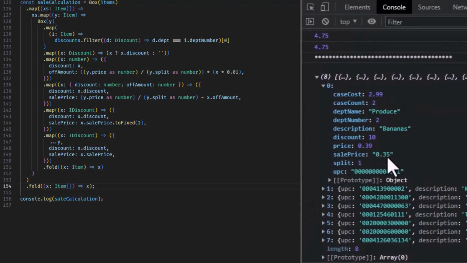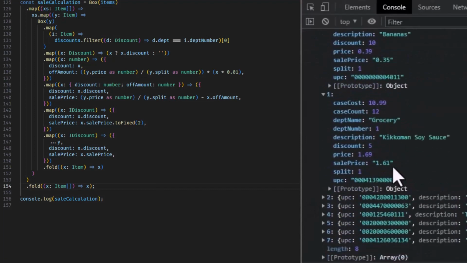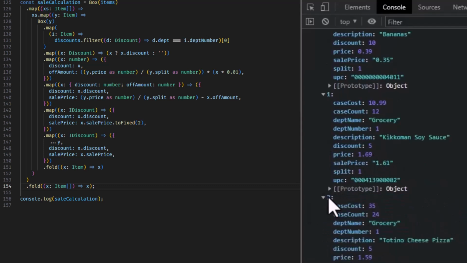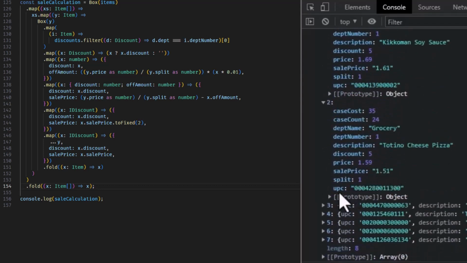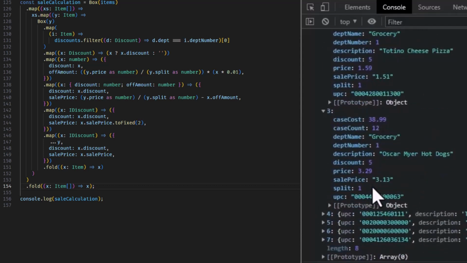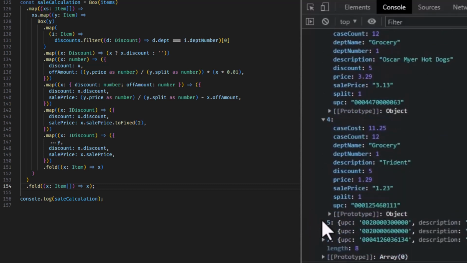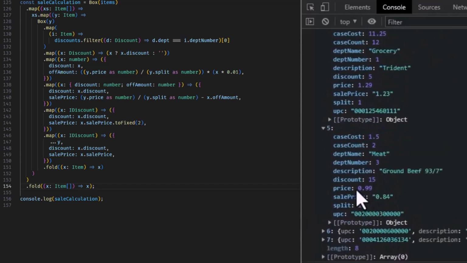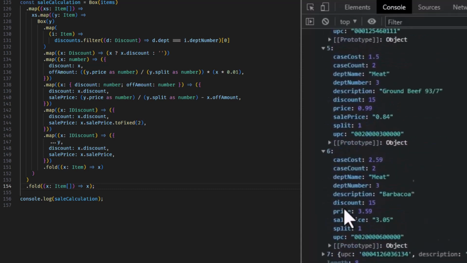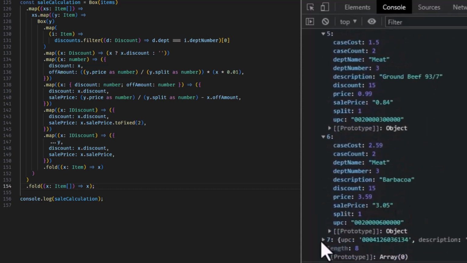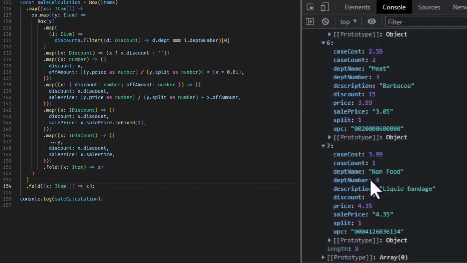our bananas have sale price 35 cents. This goes from 169 to 161. 159 to 151. 329 to 313. 129 to 123. 99 to 84. 359 to 305. This one did not have a discount, so that never changed. And we didn't have to take our sale price right here and